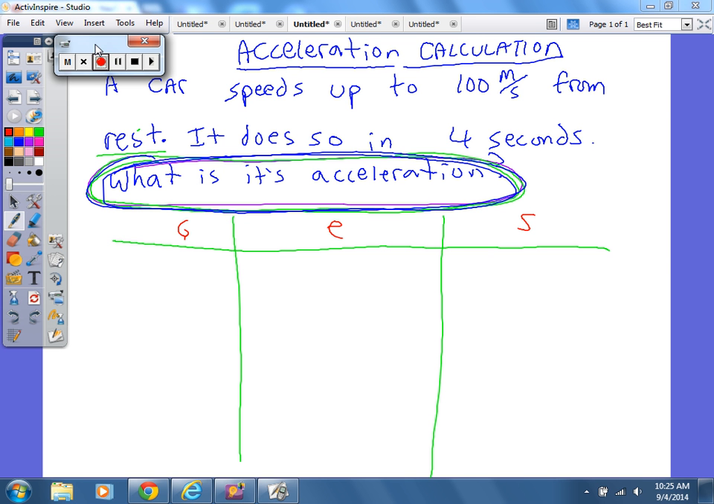Here's our problem. A car speeds up to 100 meters per second from rest. It does so in 4 seconds. What is its acceleration? I have circled the question so that we know that we are solving for acceleration and that we must have a formula that is set equal to acceleration. And that formula for acceleration is v2 minus v1 over t,